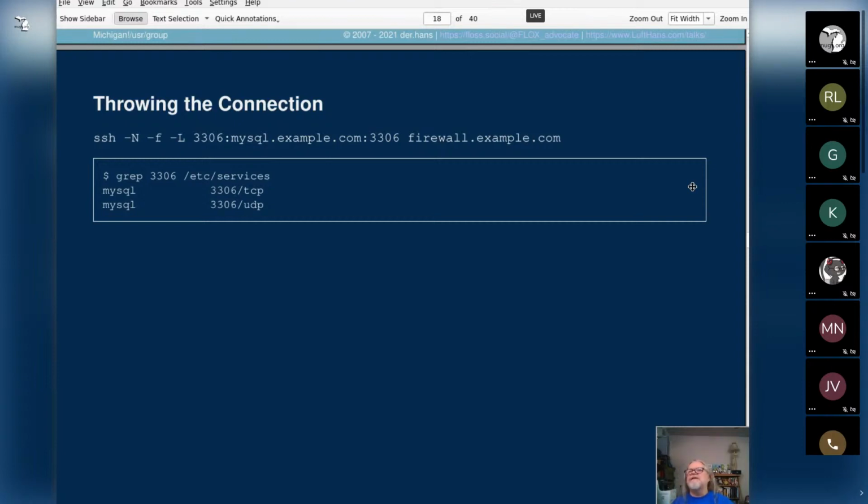Now there are two pieces here to take into account. I'll get to those in a little bit. Let's see if y'all can figure out what those are before we get there. One of them is specific to MySQL. Well, actually, the one specific to MySQL I'm going to get to in a little bit. The other one I'm going to get to is to note that thrown connection